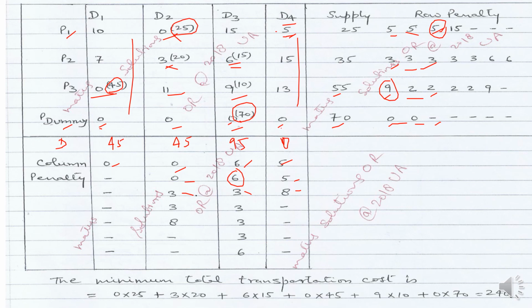Now we again calculate the row penalty and column penalty. So in P1, 5 and 15, so